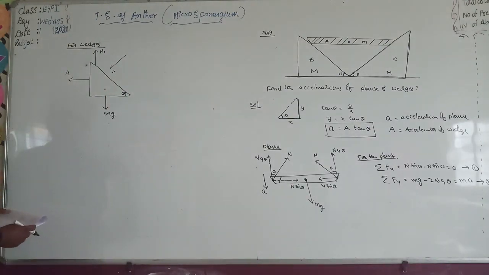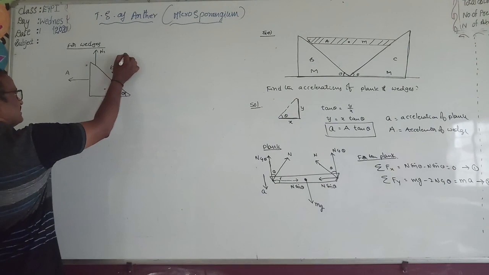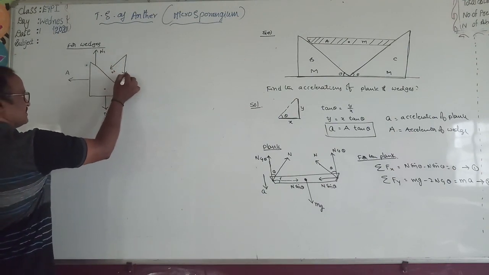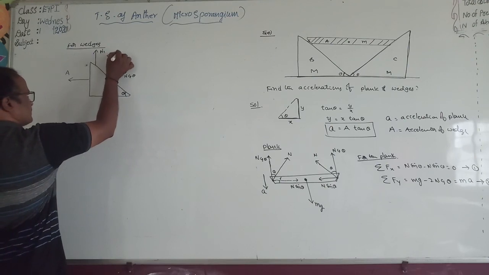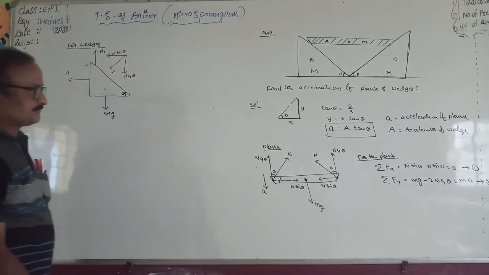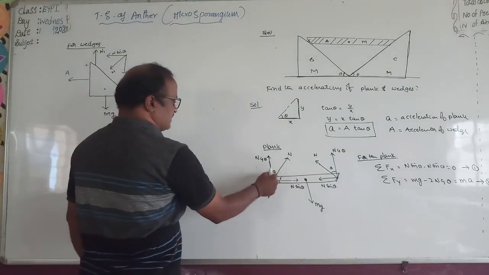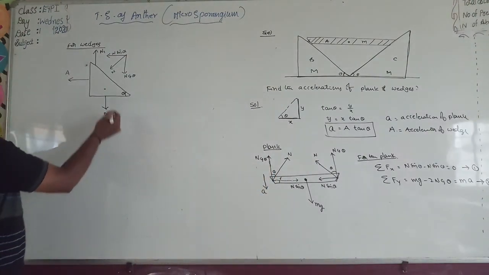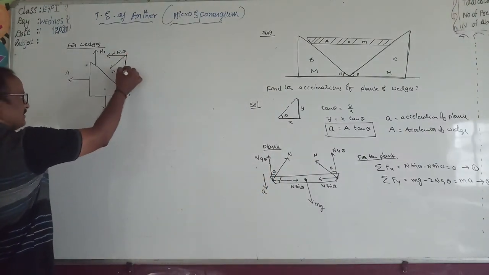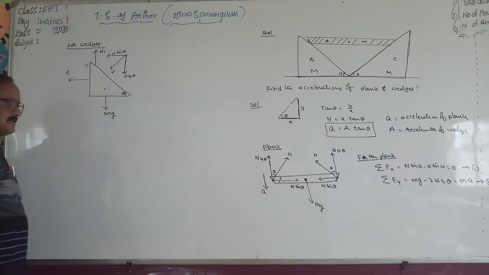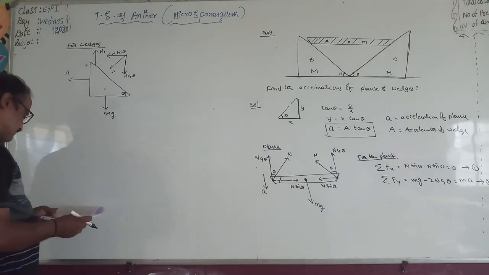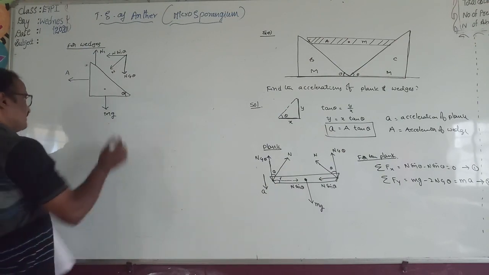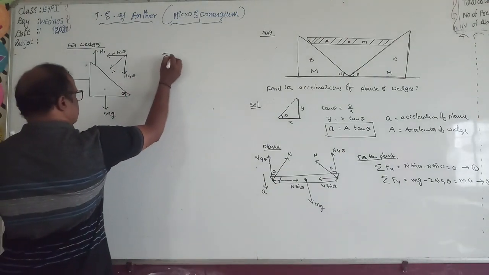Now N is also resolved into two perpendicular components: this is N cos theta and this is N sin theta. Reverse: the forces acting on it are N cos theta and N sin theta. Remember clearly. Therefore, here for the wedge, sigma Fx is equal